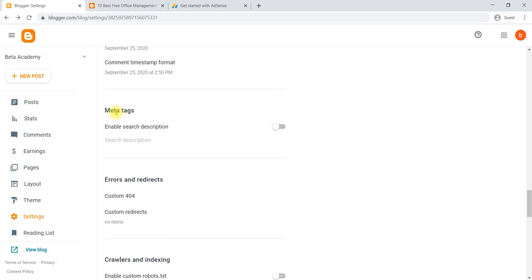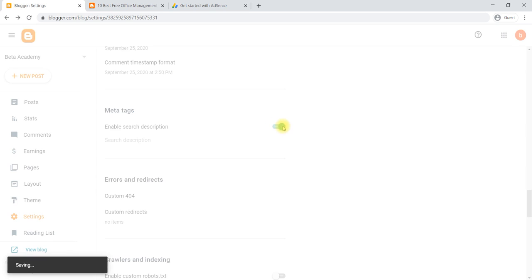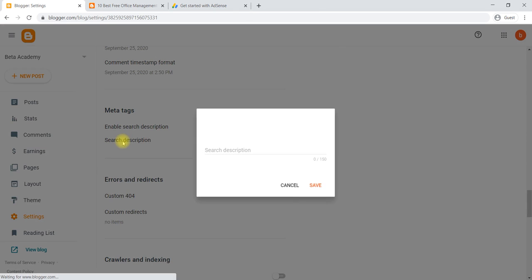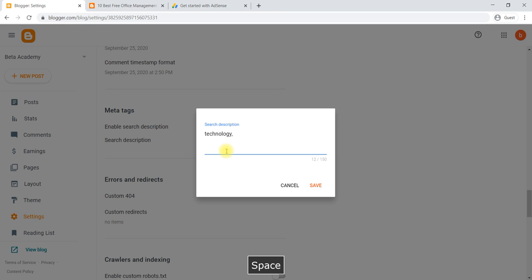Then it comes to the meta tags. You can turn them off, but it is always suggested to turn on the meta tags and write some search descriptions. You can write some search keywords here, like technology, Microsoft Excel.